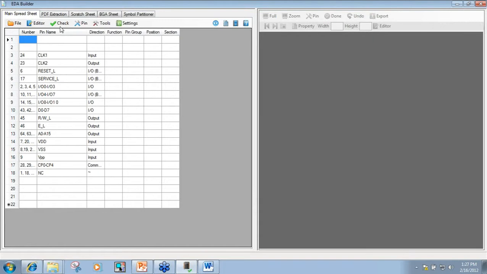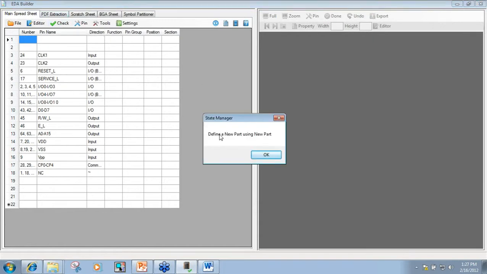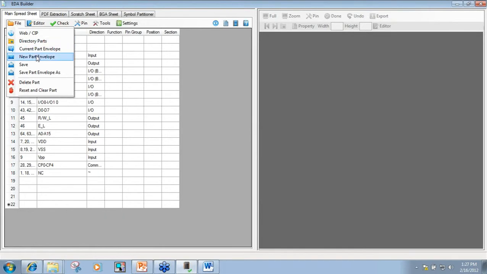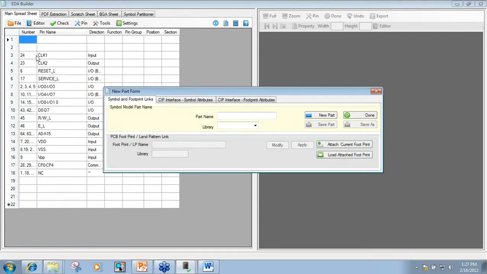But before I do the check, I know I've done this many times. Well, here, I'll do it. So I do a check, and it tells me that this is a new part, so let's save it to the library. So I'm going to do that. I'm just going to say File, create a new envelope. And an envelope is a directory area that contains multiple elements. It could contain the PDF data sheet. It's going to create the actual XML file to create this particular part, etc. So here I can identify some name for this particular component. I'll call it